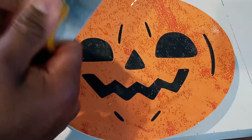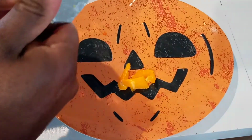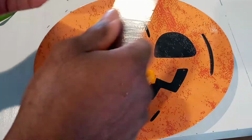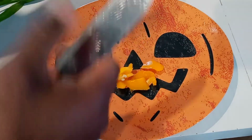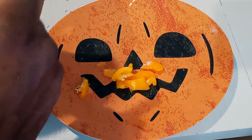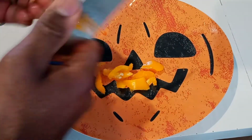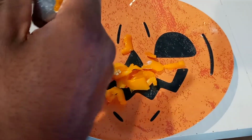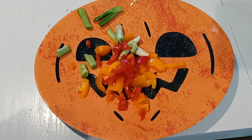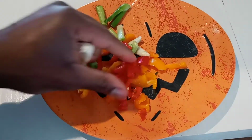Meanwhile the pumpkin is boiling, cut up your sweet pepper. Make sure you cut them up small. If you want to cut a little bit more, sweet pepper. Cut them as small as possible. Okay, after you cut up all of these, the scallion, sweet pepper,